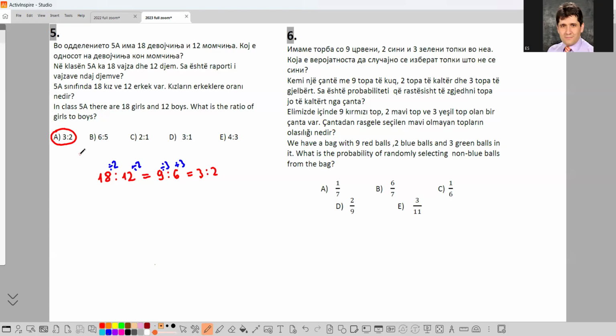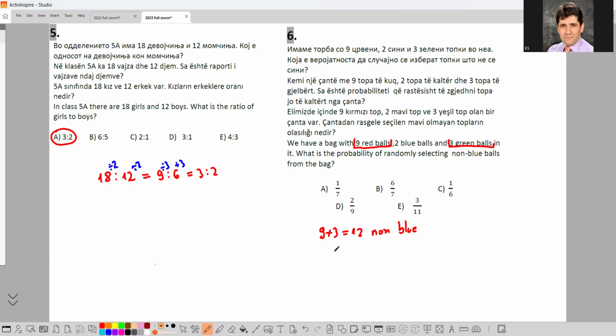The 6th question, we have a bag with 9 red balls and 2 blue balls and 3 green balls. What is the probability of randomly selecting non-blue balls from the bag? Right? How many of these balls from the bag are not blue? Well, non-blue are the 9 red ones and the 3 green ones. So 9 plus 3 is 12 non-blue,